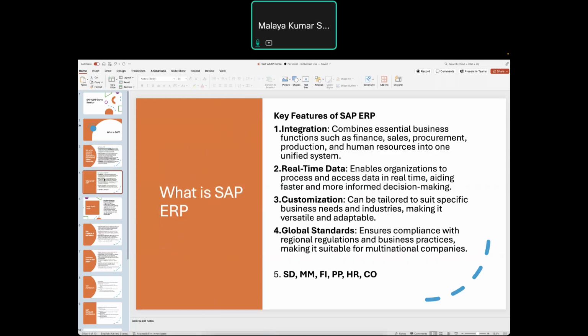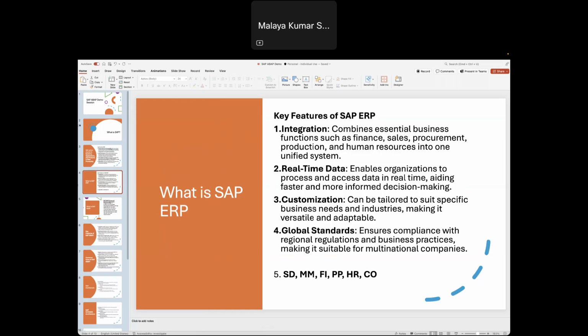Now, what is SAP ERP? As I told, ERP is enterprise resource planning. And what are the features of SAP ERP? Let's understand. First, it's an integration. It's a combination of essential business functions such as finance, sales, procurement, and production. Like I said, if you have multiple business functions in your organization, you can integrate them.